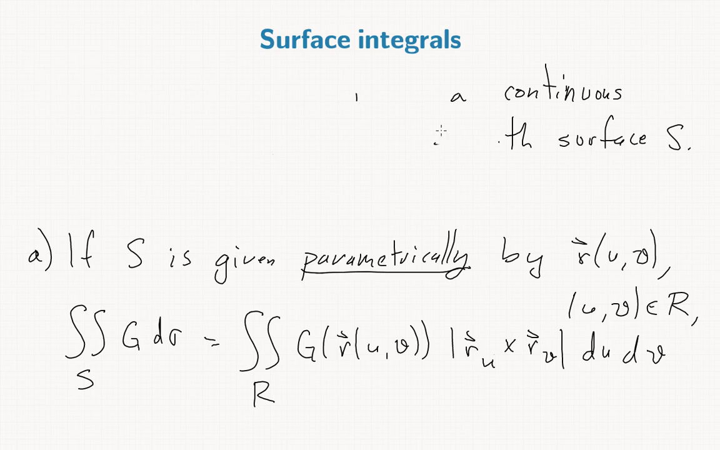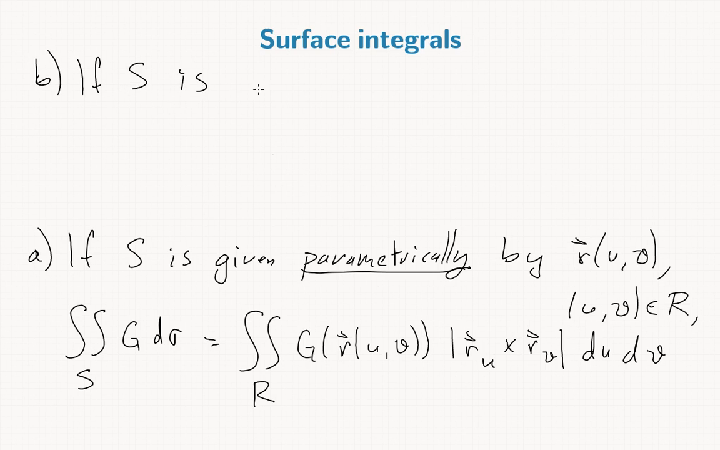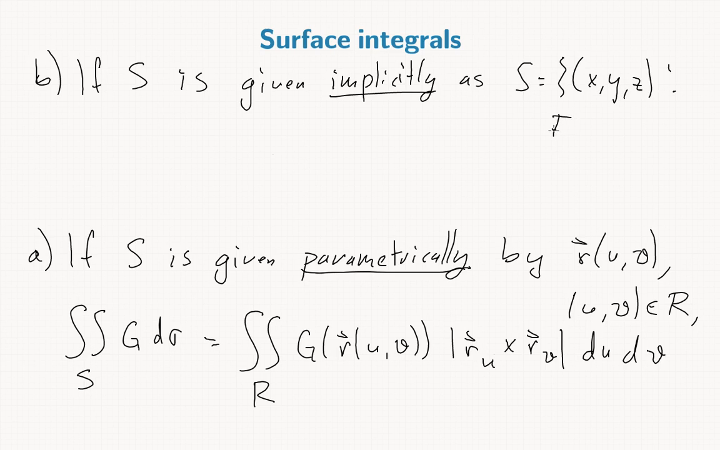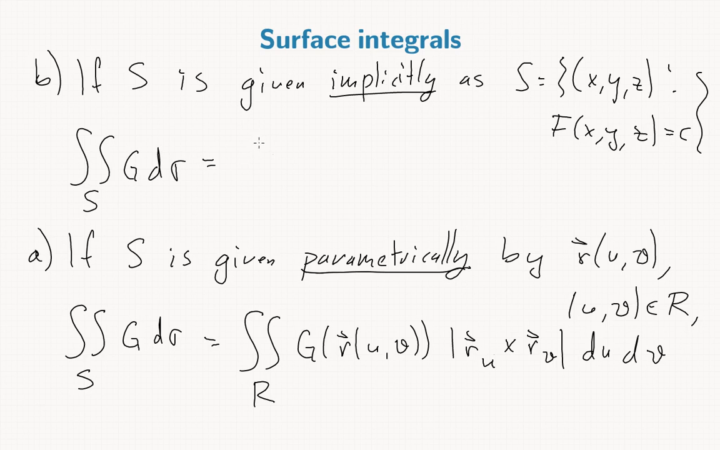So next, if S is given to us implicitly, so S is all points x, y, z such that f of x, y, z is c, so it's given to us as the level set of some function f, then in this case, the integral over S of g d sigma is the integral over R, haven't said what R is yet, of g of x, y, z,